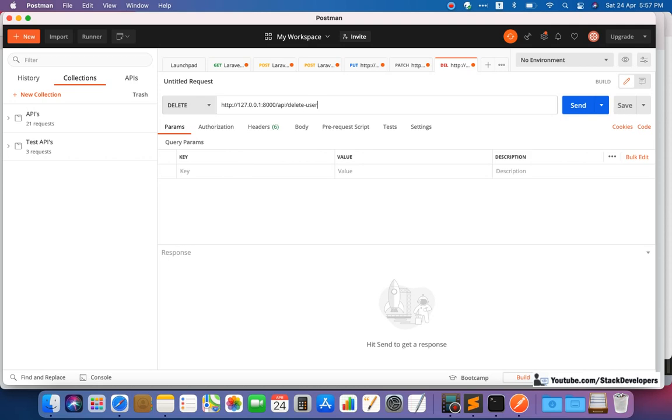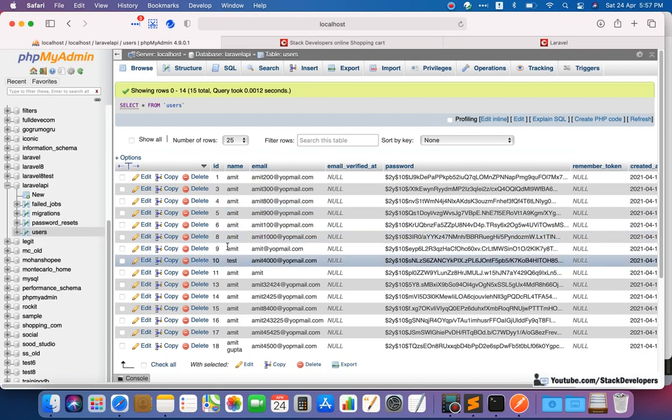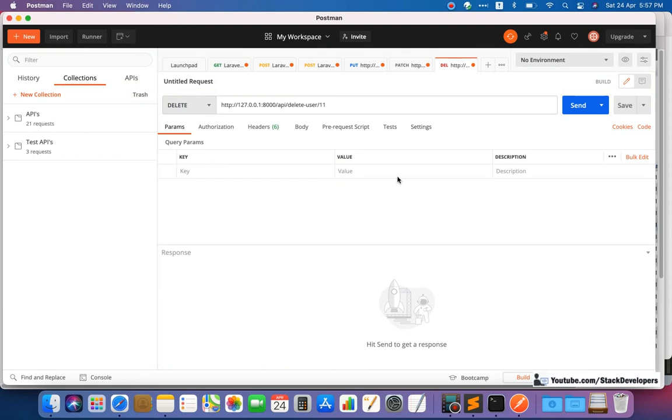First of all, we can pass the parameter here, the ID which we want to delete. A simple ID we are going to mention here, like if we want to delete the user with 8th ID, or the user with 11th ID, that does not have an email, this is invalid. So we are going to delete with the 11th ID.